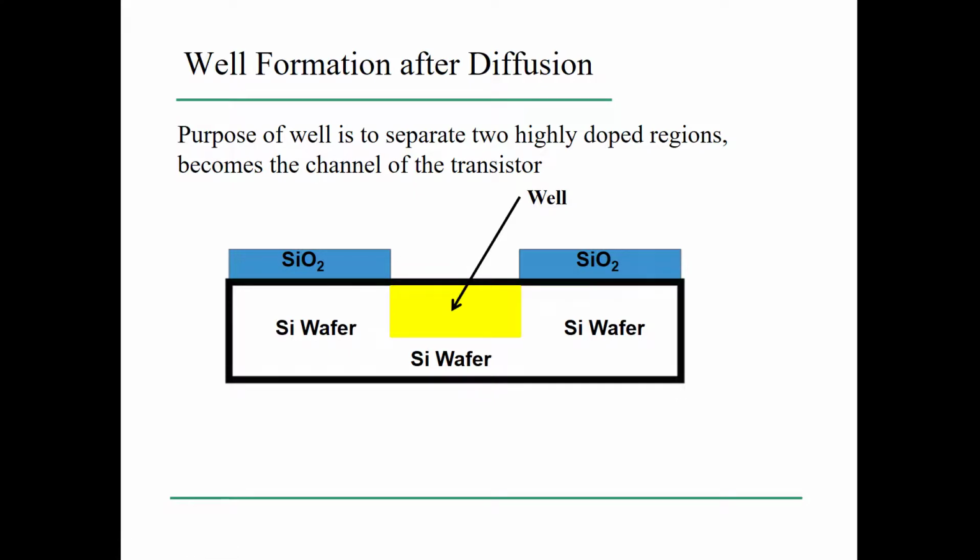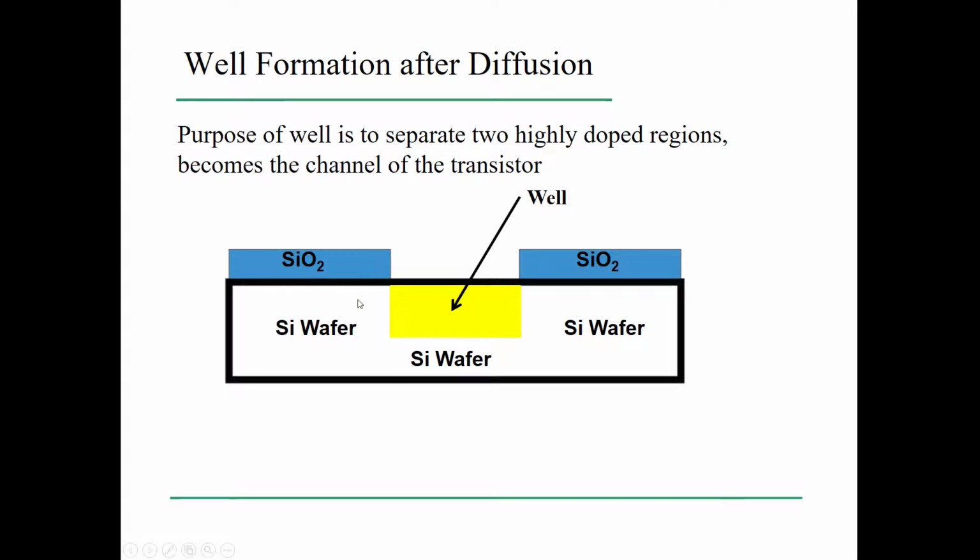And then later on, each side of this well, this channel, the same sort of process will be used with a different mask, therefore creating a different stencil, where we'll dope the areas around the well the opposite type. So if this well was a p-type, if we used a p-type dopant for this well here, we would have n regions around, and those regions around this well, this channel, are called the drain and the